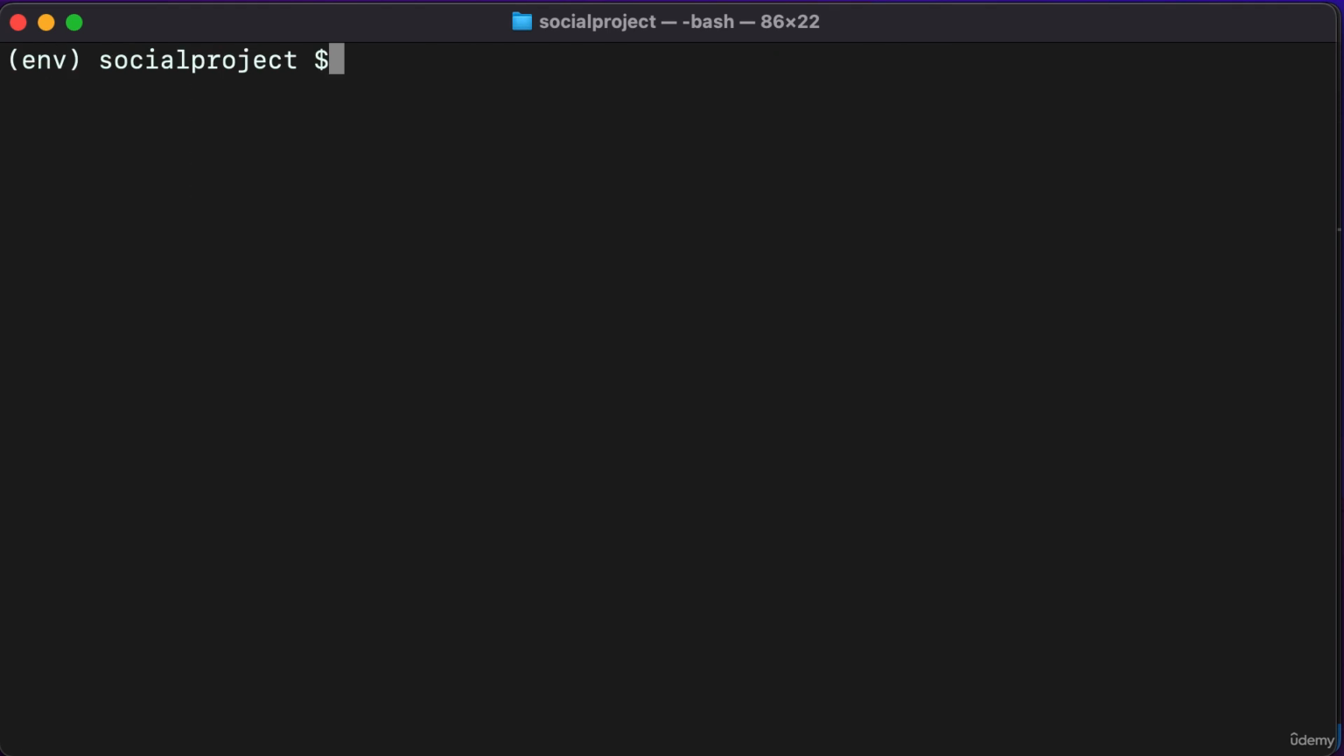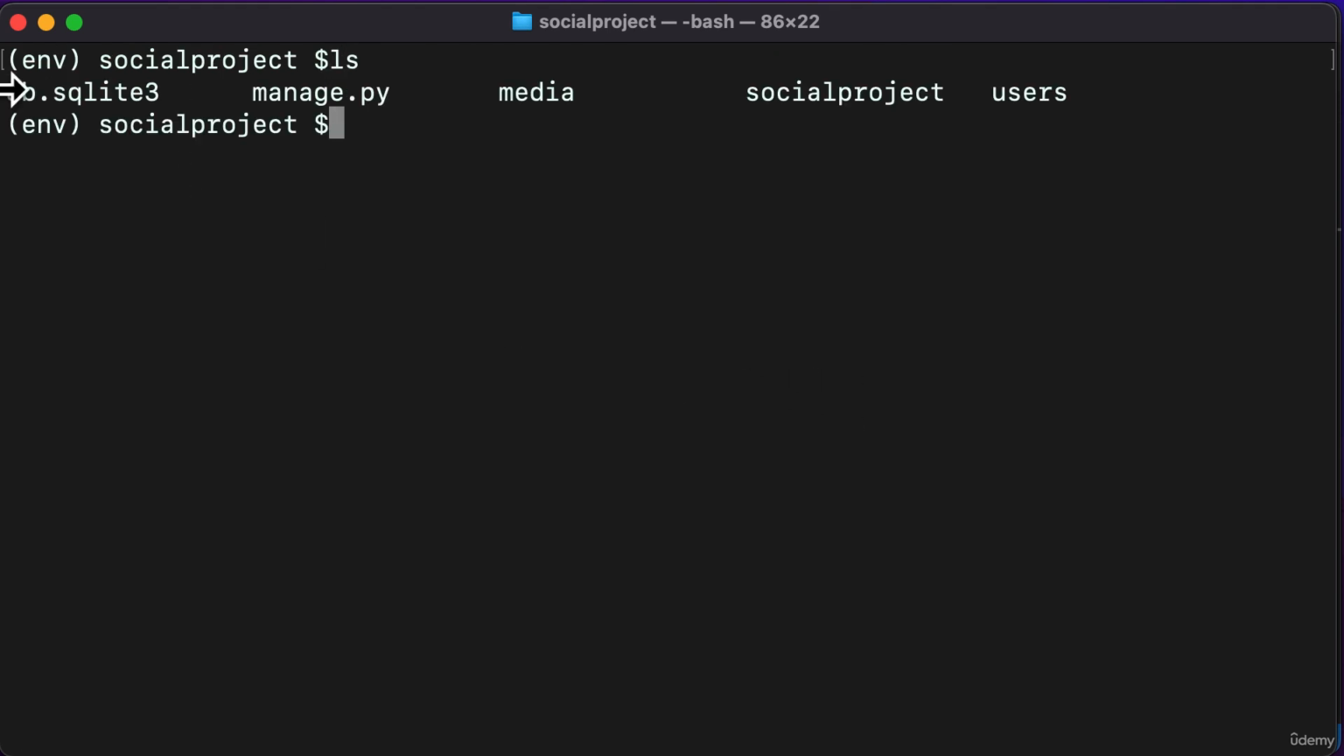Let's clear up the terminal. Make sure that you're present in your social project, or the project directory, or whatever you would like to call it. Here we should have the project name and the users app directory as well, and here is where we are going to create a new app which is posts. So here I would say django-admin startapp